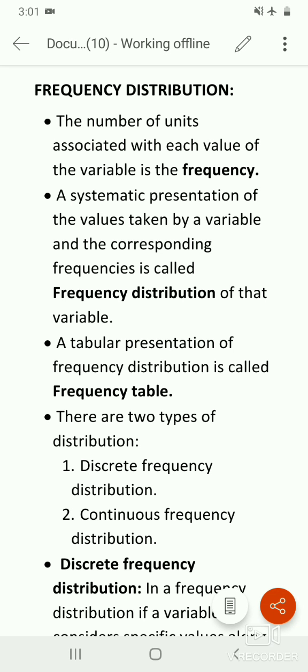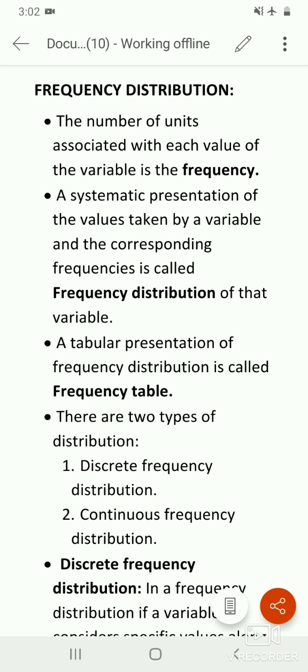In yesterday's video we had seen the problems of tabulation. Today in this class we'll begin a new topic, that is frequency distribution. Once you collect the data, it will be in raw format, so it cannot be easily understood. In that raw data there will be no order maintained, or it will not be in the required format. So we have to sort such data.